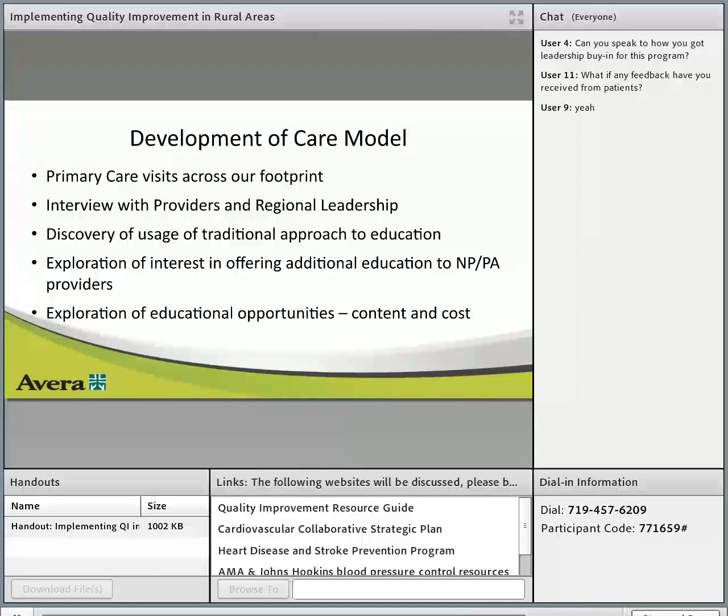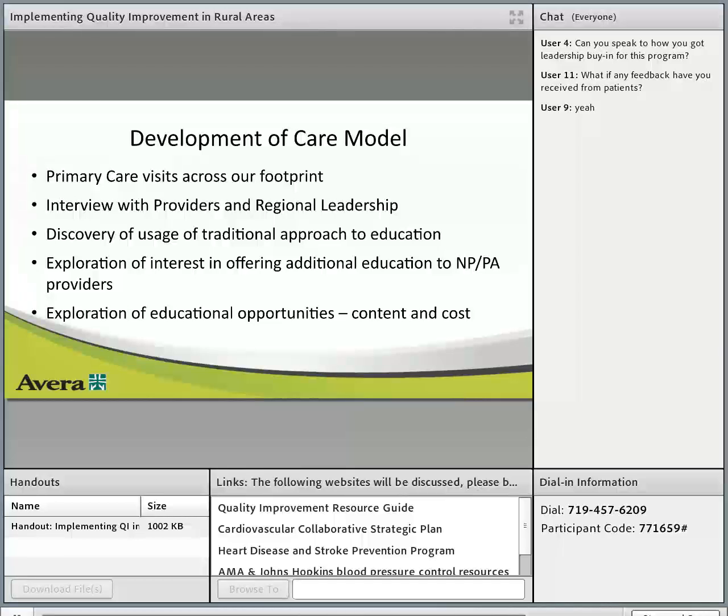was what providers needed. Not surprisingly, those providers indicated that they needed a couple of things. They wanted a CDE in their clinics, which obviously is virtually impossible, but they wanted some standardization of not just printed materials that they were currently using, but also some standardization of the education offering.